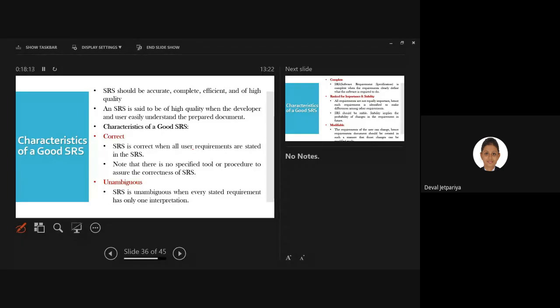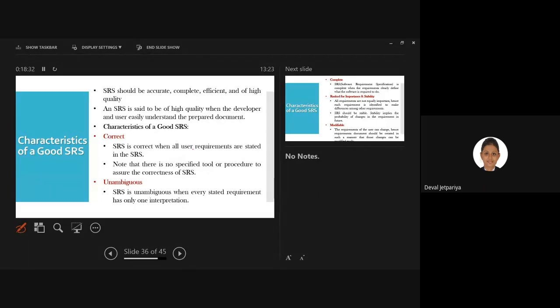The first one is correct. The second one is unambiguous. Just read the content on your own. I guess I am not required to explain in depth, but let me know if you are not getting any of the points.